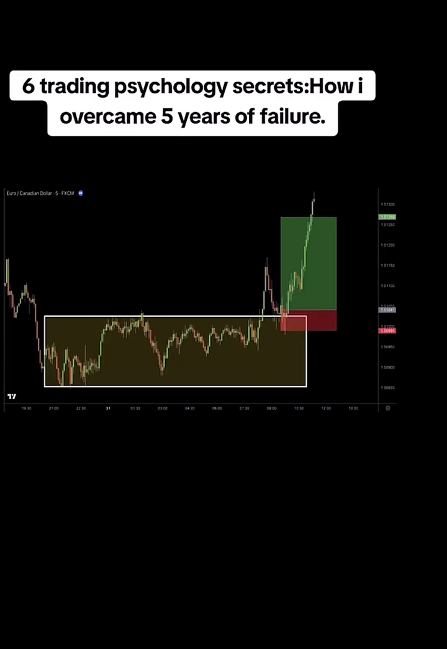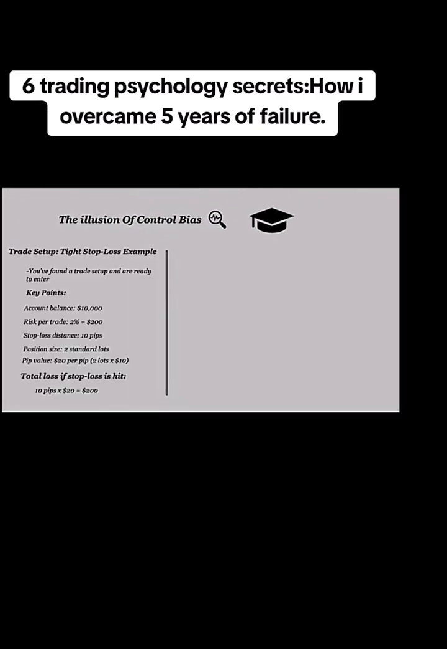Let me break this down with a simple example. You've identified a trade setup and are ready to place an entry. You decide to risk 2% of your $10,000 account, which equals $200. Now, let's start with a tight stop loss. You set it at 10 pips with a position size of 2 standard lots. Since each pip equals $10 per lot, that's $20 per pip in total. If the price moves against you and hits the stop loss, you'll lose $200, calculated as 10 pips multiplied by